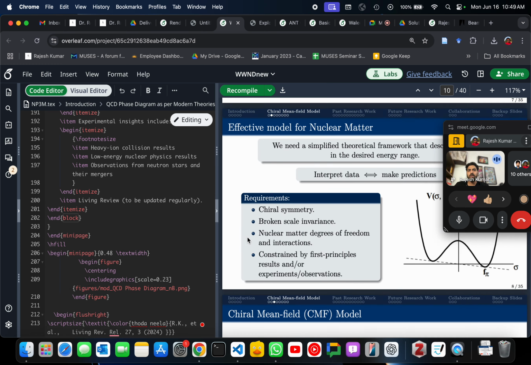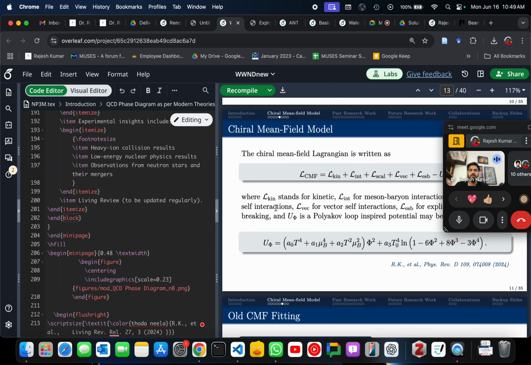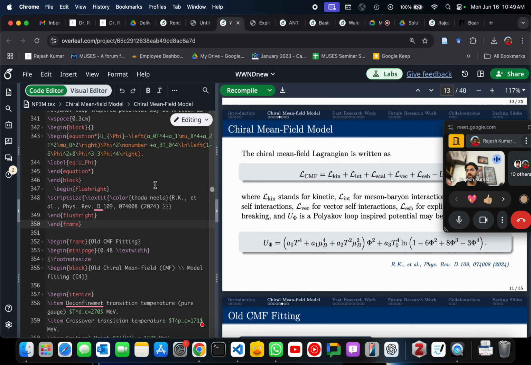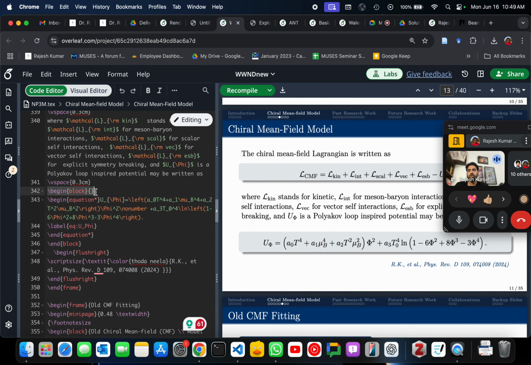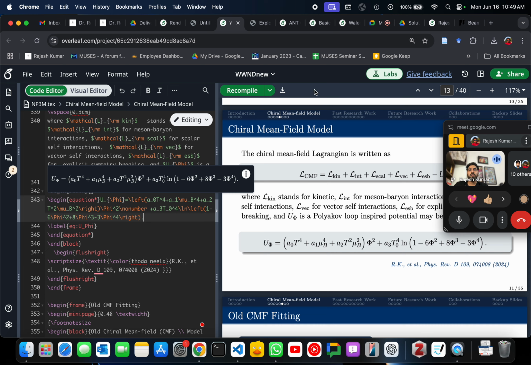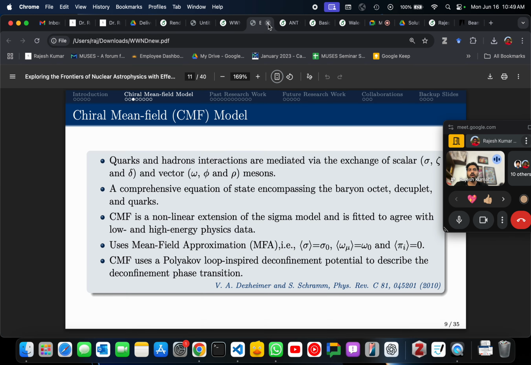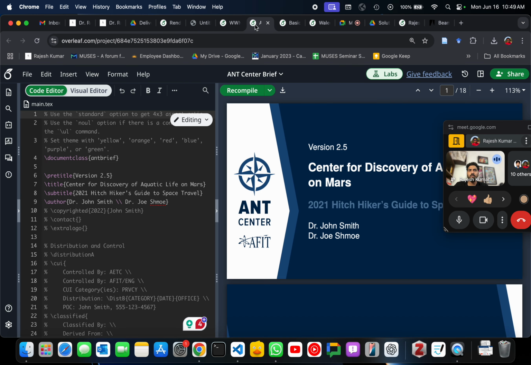And the equation part is very simple. You can put an equation wherever you want. For example, if you want to put it in the block, you can just put it there as an equation. So this is the example. This is my personal slide. I will not be able to share it, but again,